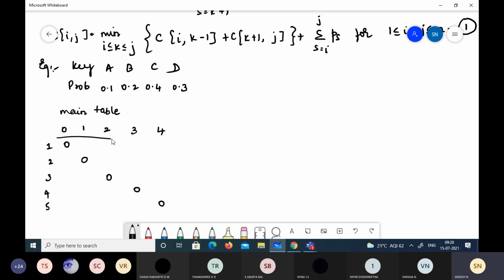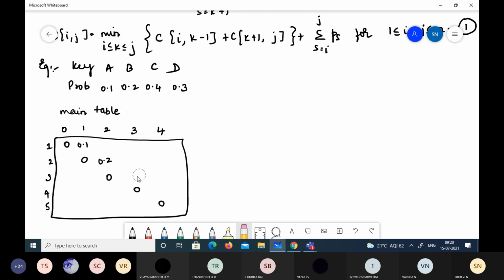Okay, we have this table. Now, in this position, we'll fill the probabilities. So for A it is 0.1, here it is 0.2, here it is 0.4, and here it is 0.3.